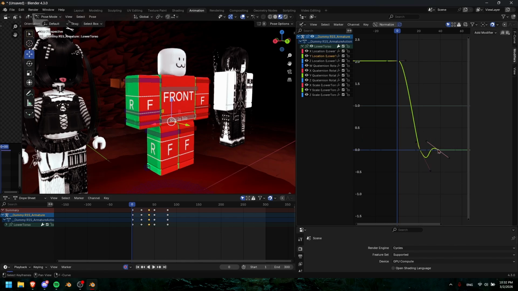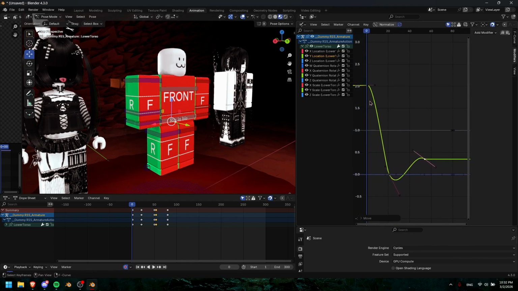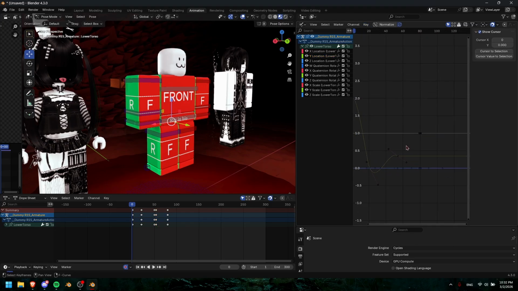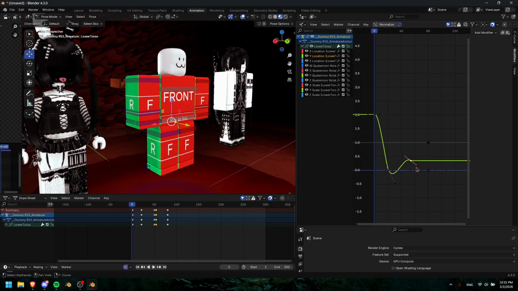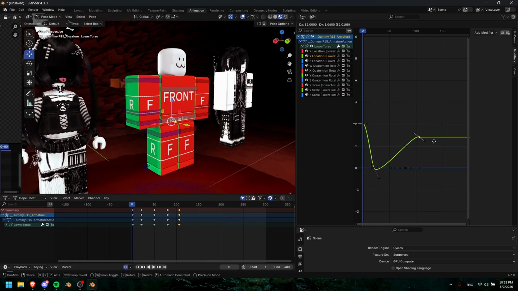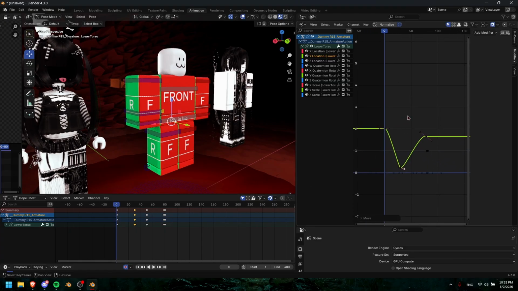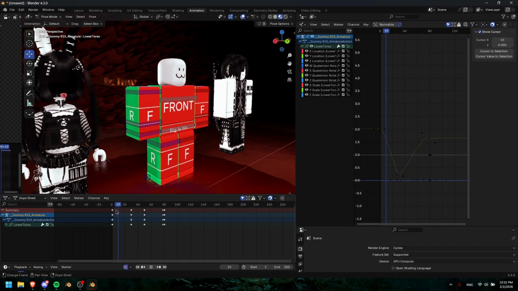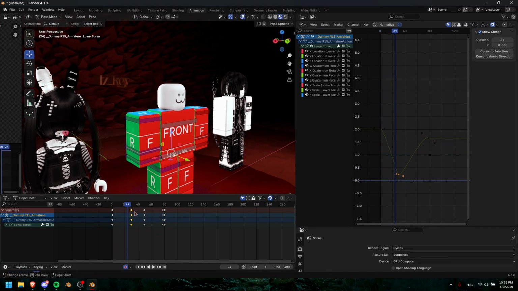Next up, I will be showing how to use these things, handle types, which are in here. If you go into key and go into handle type right here. So what I want to do is space these out a little bit just for this part. And yeah, if you wondered why in here these keyframes look different than these ones,